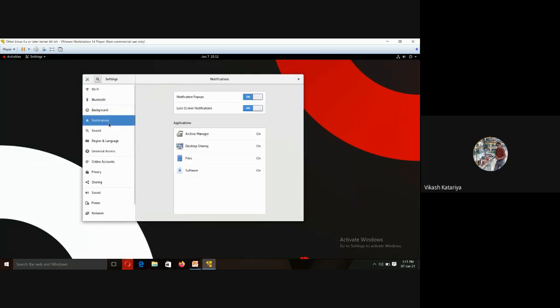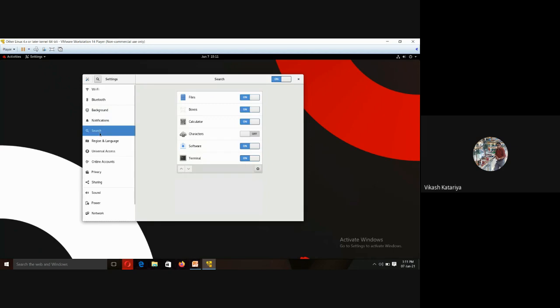There is also a notifications section. If you enable notifications, you will get notifications while using Linux. Similarly, search: if you want to find any files, boxes, calculators, any applications, you can directly search from here. There are so many options, so we will not go in depth, because we directly use Linux through the command prompt, and how a Linux server is managed by using commands.